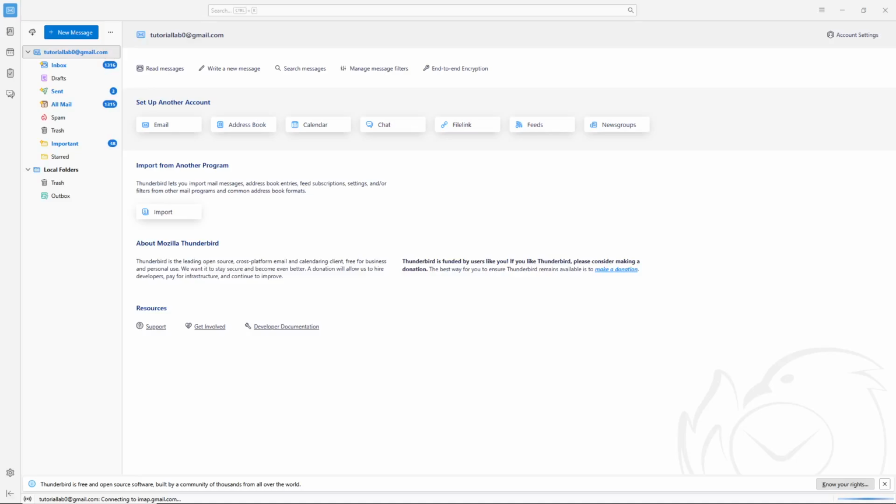Welcome back, everybody. Today, I'm going to teach you how to fix the login to server with username failed error in Thunderbird. This is a common authentication issue that can prevent you from sending or receiving emails, but fortunately, it's